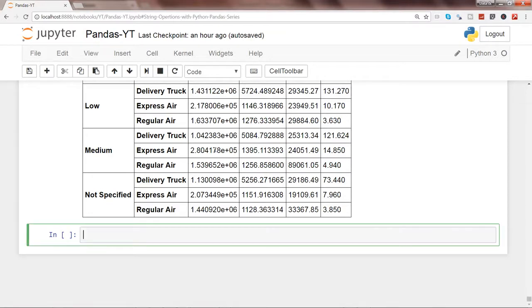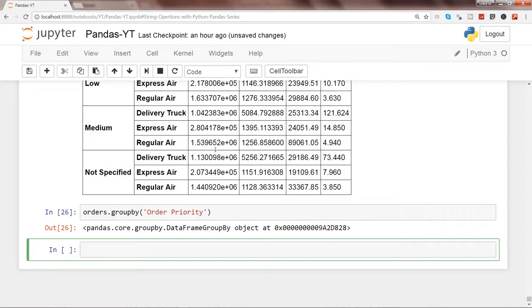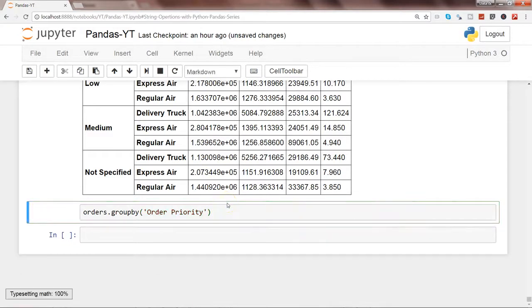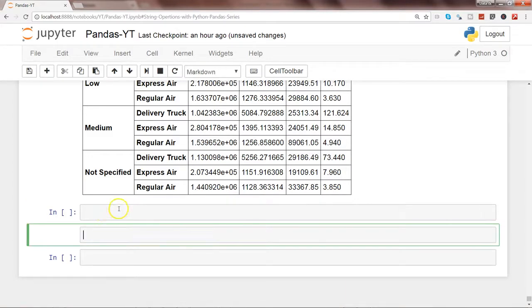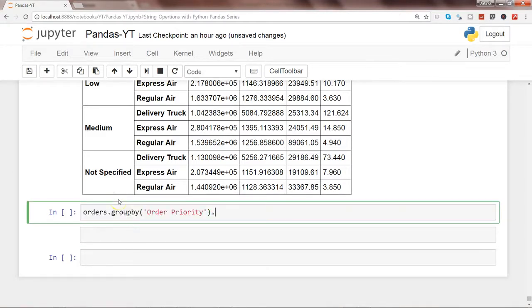One last thing I will show you is grouping all the columns that are available. So orders dot group by, and let's say order priority, and press enter. One thing we need to specify is whether we want the average or what we want. I will cut this, and that's why it has not shown an output but just created the object.